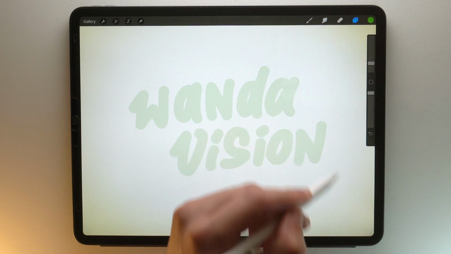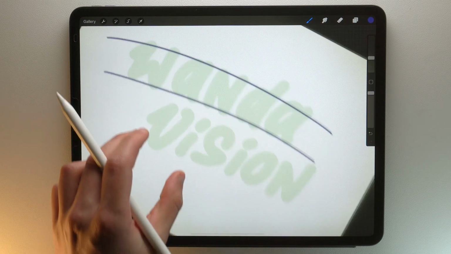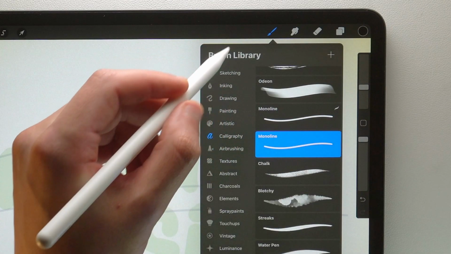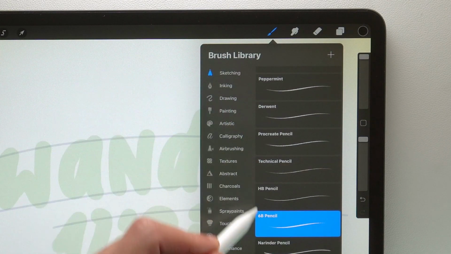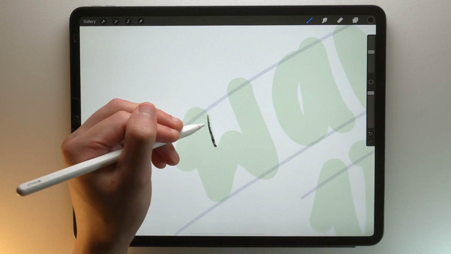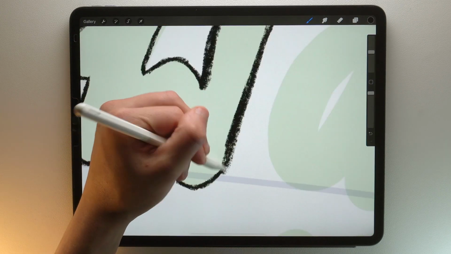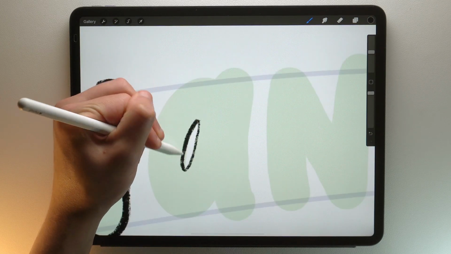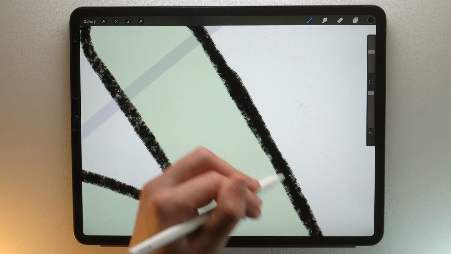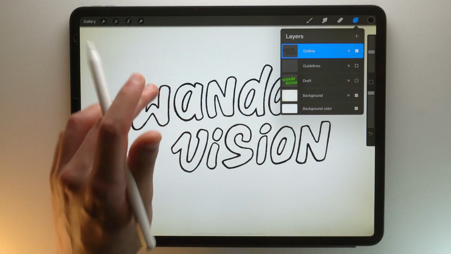On a new layer, I add guidelines to have letters of the same size. Then I take the 6B pencil in black to make the outline clean. And because I like this crispy texture, then I just have to hide the layer with the draft of my lettering and the guidelines.